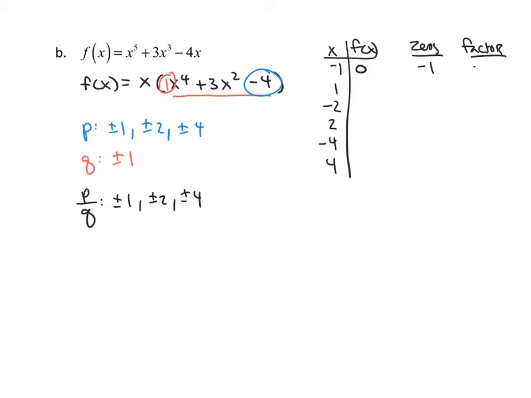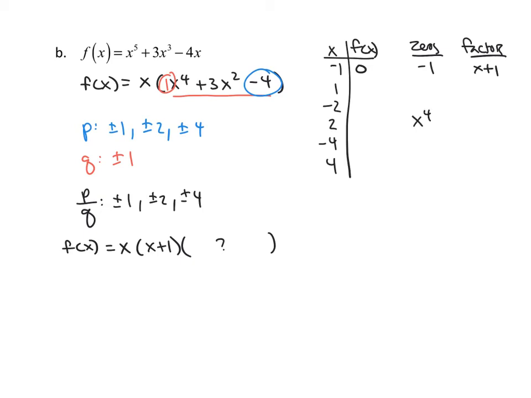-1 is a 0, so x plus 1 must be a factor. So if I continue to write this in factored form, I already know that I factored out an x in the beginning. I'm also going to have an x plus 1, and I'm not sure what else. So I'm going to use polynomial or synthetic division to divide my polynomial x to the 4th plus 3x squared minus 4